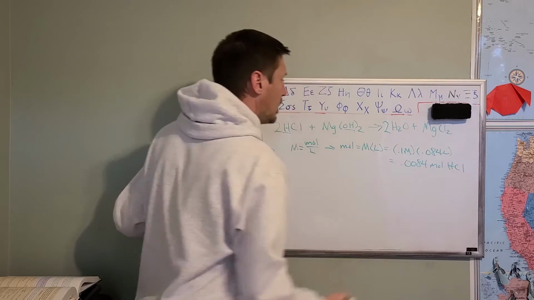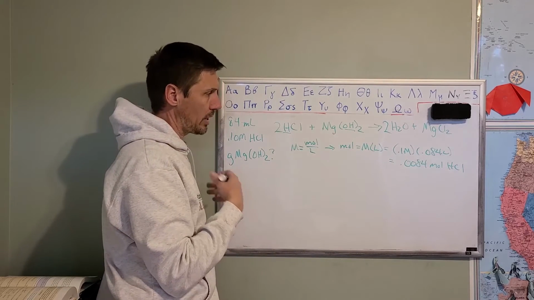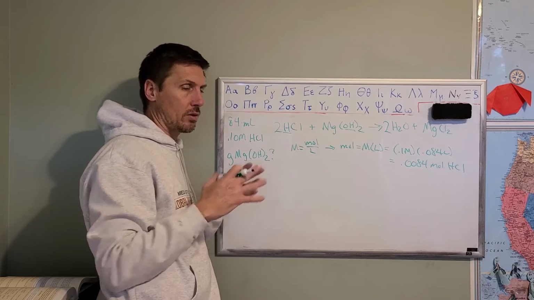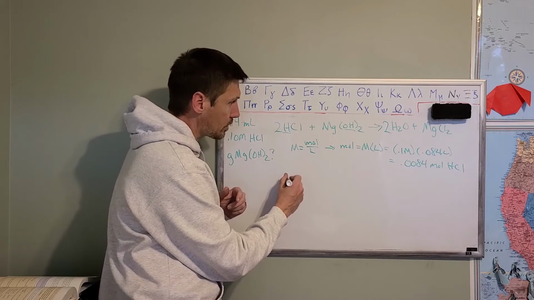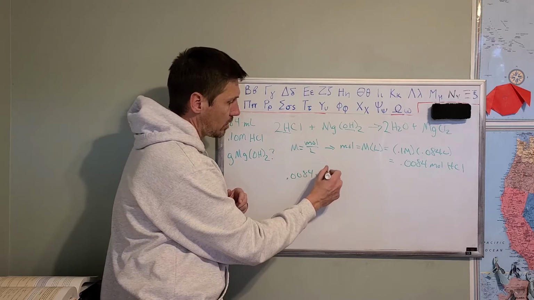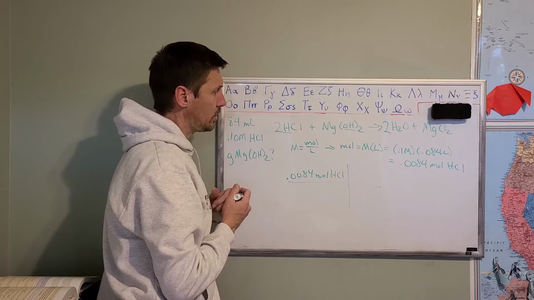All right. So then how many moles of MgOH2 do we need so that we have just enough for the reaction to take place so that all the reactants are used up? Using stoichiometry, we say that 0.0084 moles of HCl, we can convert that to moles of MgOH2 because we know